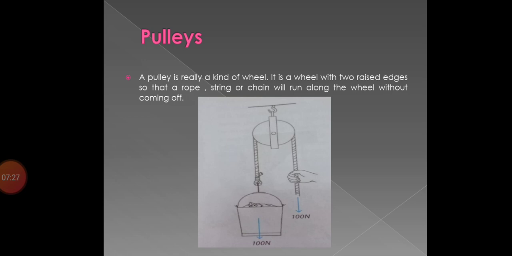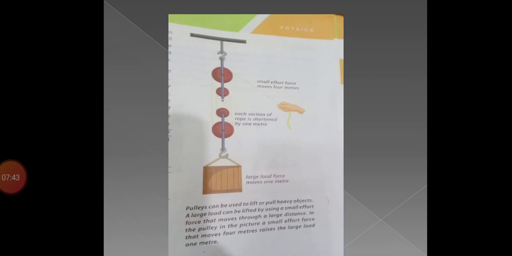In the diagram you can see that a man is lifting a heavy bucket with the help of a pulley. Many other examples are there from our daily life. Pulleys are used in cloth lines, flagpoles and in sailing boats also. Another diagram of pulley from your book where you can see the use of pulley. Basically it is used to lift heavy objects.